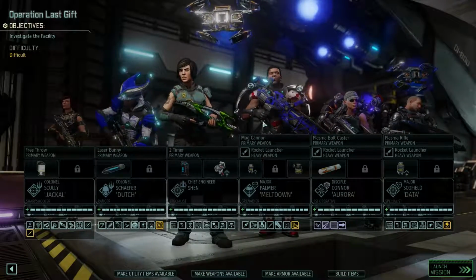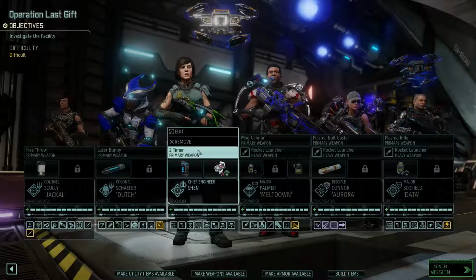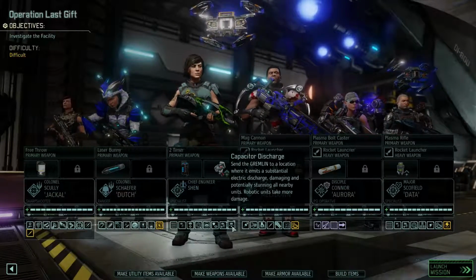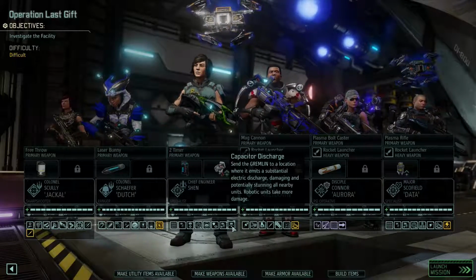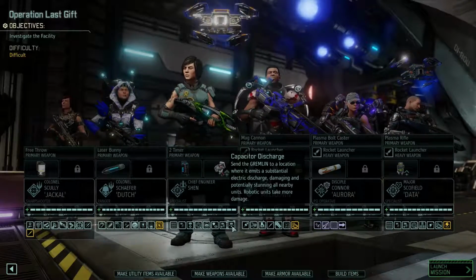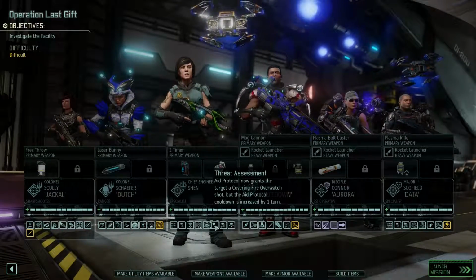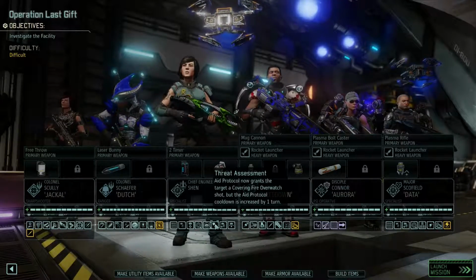We'll be heading out with Lily Shin. I don't think she's going to be anywhere near as impressive as Bradford was, but I think she'll be good for us. I don't think she has any special skill. I haven't seen this one, capacitor discharge. Sends the gremlin to a location where it emits substantial electric discharge, damaging and potentially stunning all nearby units. Robotic units take more damage, so...